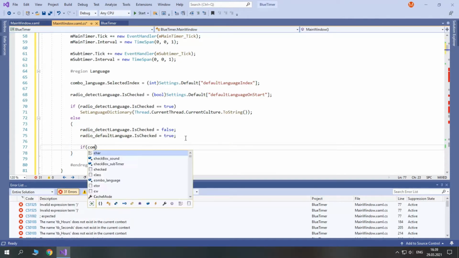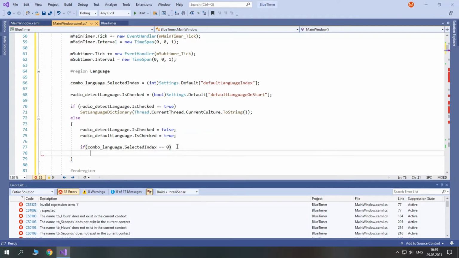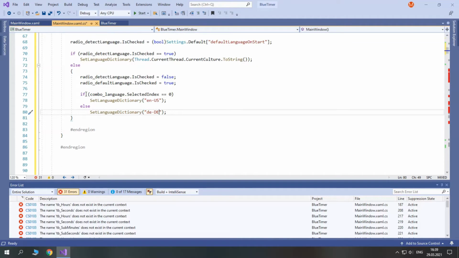Then we check if combo language selected index equals 0, then we set language dictionary to the culture en-US uppercase. Else we set language dictionary to de-DE, and we don't have other languages, but if we did have them, we would need to make a lot of else ifs for every language.